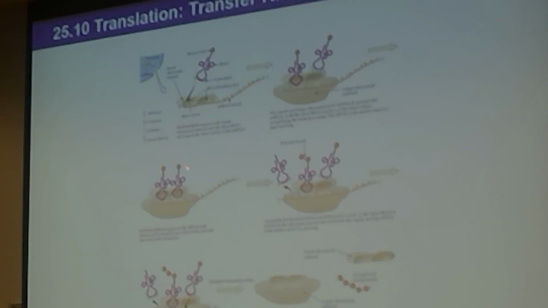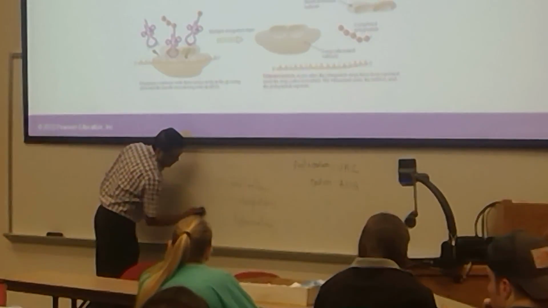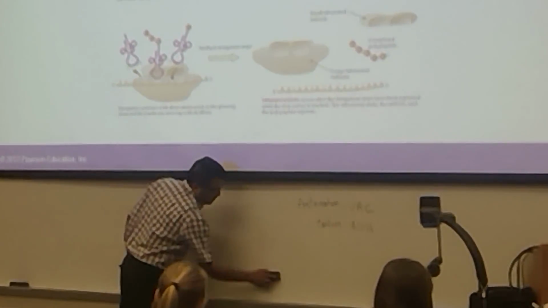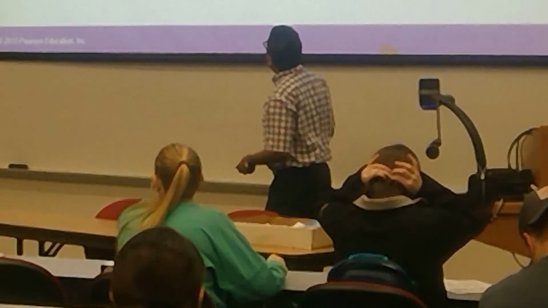Here are the amino acids, two of them. This is amino acid 1, we can call it. This is amino acid 2, we can call it. Now they are going to make a peptide bond. In order to make the peptide bond, we need an enzyme there. So there would be an enzyme that will catalyze that reaction to make a new peptide bond between the